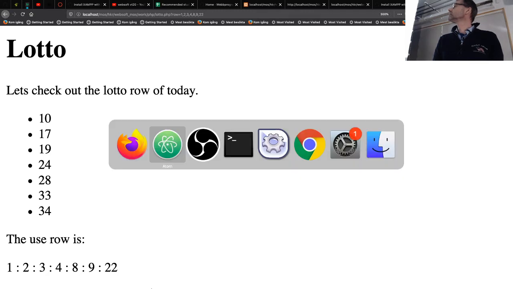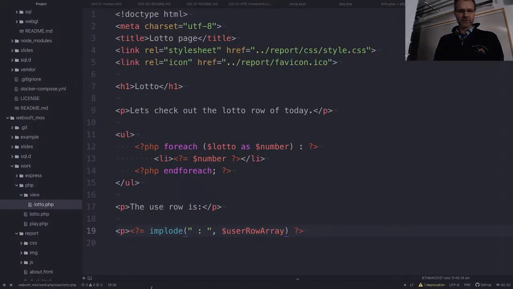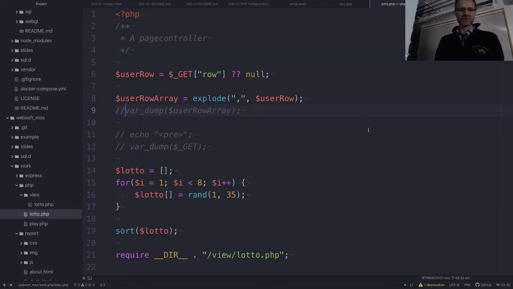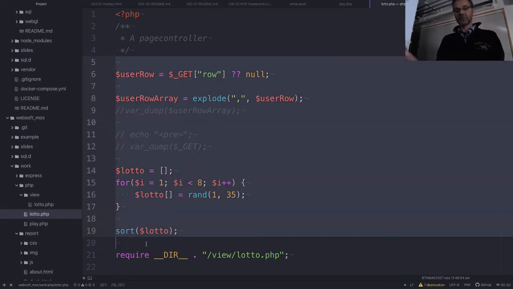We will leave the Lotto example now. The main thing we take with us from this, when we do these PHP pages, is that we have this PHP code and we call it a page controller. So it's the actual entry point. The browser goes to this page first. We do the code needed, could be to connect to a database, which we will do after lunch. We connect to the database, prepare all the content into variables. And then